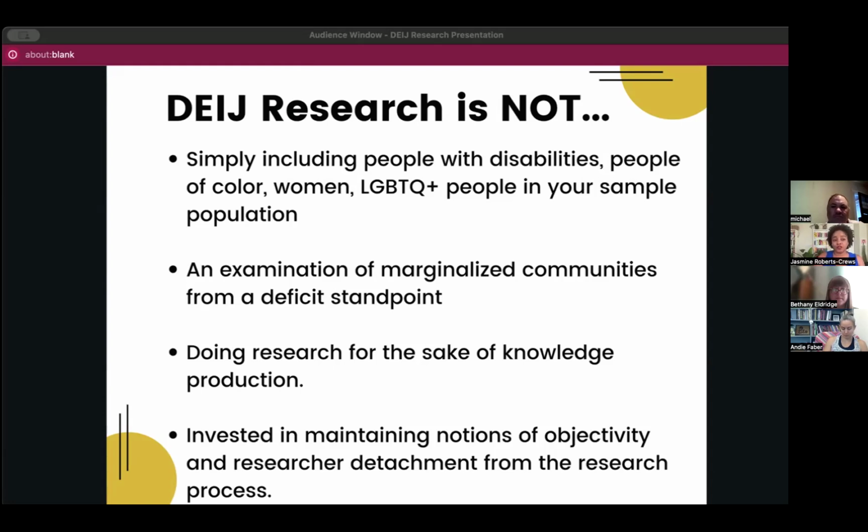Again, why are you including this group in your research design? How are you interpreting the data? Are you including, like I was saying earlier, the reasons why? I think you were saying the food metabolizes differently. Are there broader systems, like access to food, the types of food that you have access to,